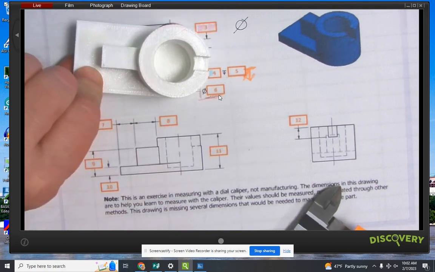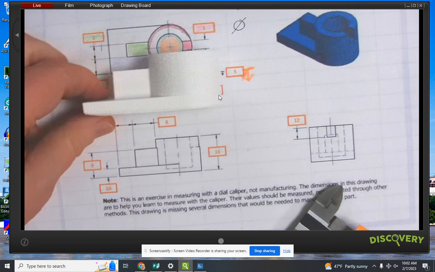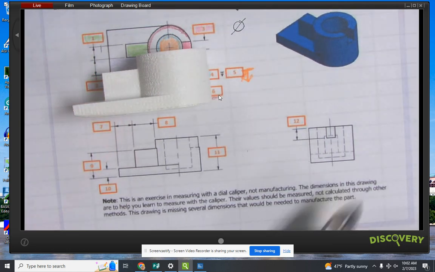So top, what's this? Front. Is that front or is that right? It depends upon your object. It depends upon who's designing it. You know, depends upon a lot of different factors. Okay, so